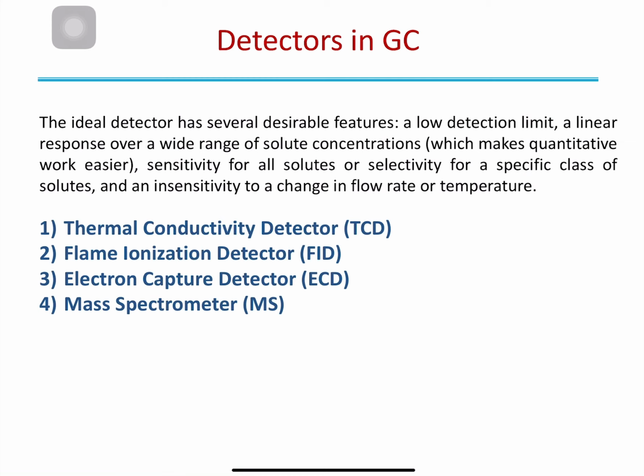There are some examples of the detectors that we use in a GC. The most common one that we use is actually the mass spectrometer, and you will find so many different analyses and papers published. People have been using the GC with